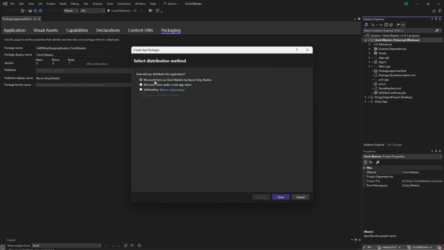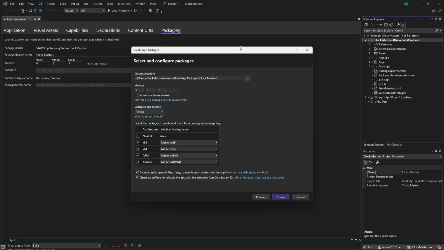In this section here, again, you can look at these options in more detail, but for me, I'm already linked up. So I'm going to publish the app under the current app that I have here. So version name, that's correct, 8.7 here. The generate app bundle, this defaults to if needed.